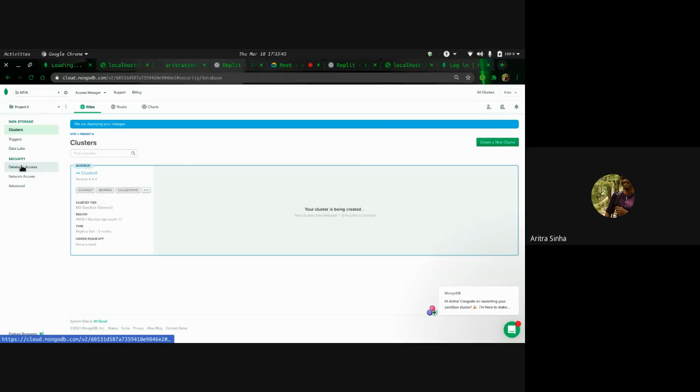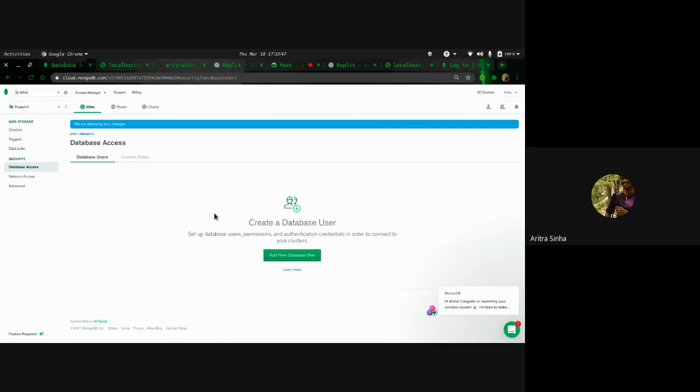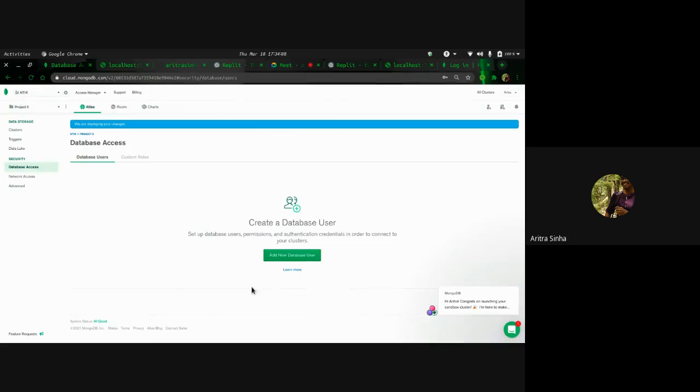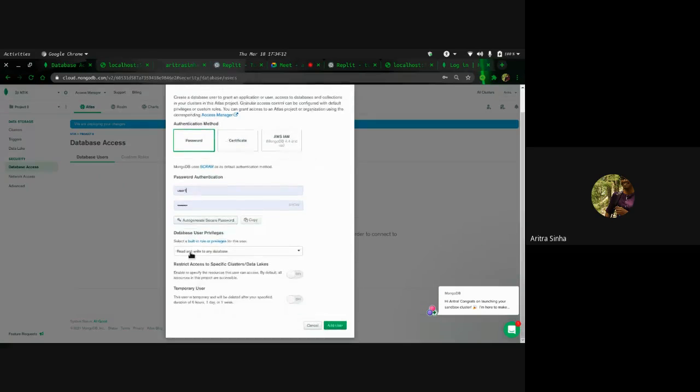Okay, till that time, go to database access and add a new database user, because we can't actually use it until we have created a user. It will authenticate you, and only then will it let you access that database. I'll choose password here, and user one is my username. I have given it access to read and write to any database.